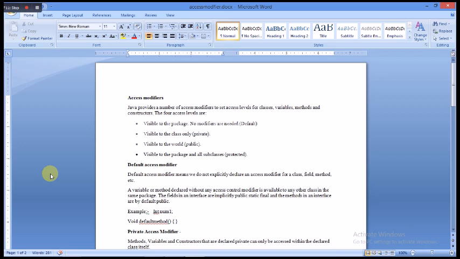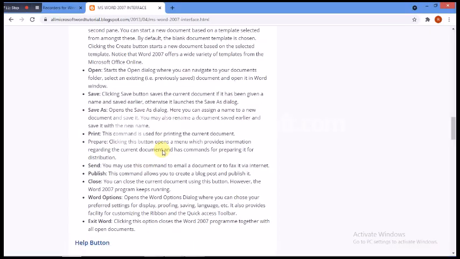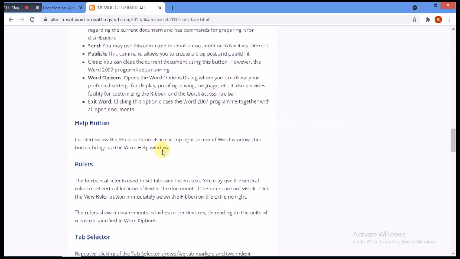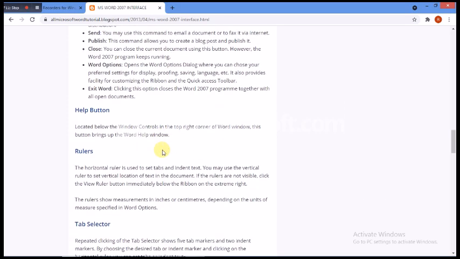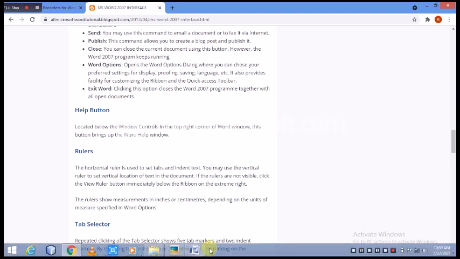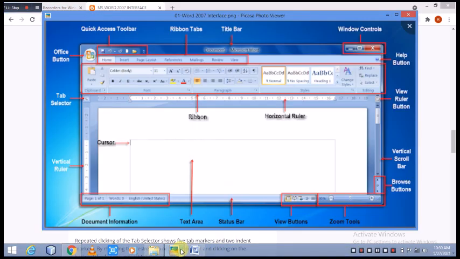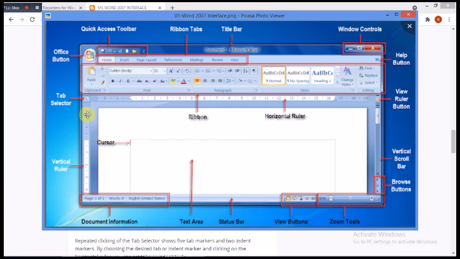Okay, next is the Help button. Located below the Windows control at the top right corner of the window, this button brings up the Word help option. You can see out here a small question mark in any of the windows; this one is the help button.